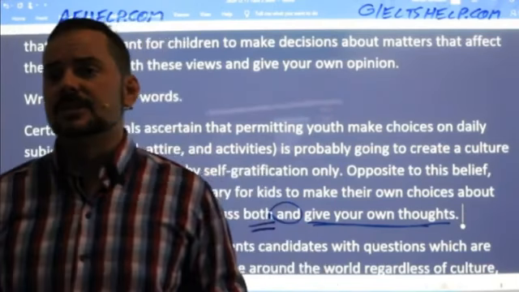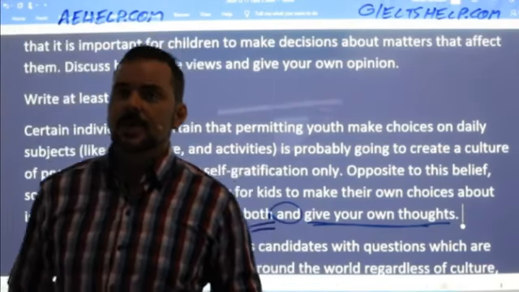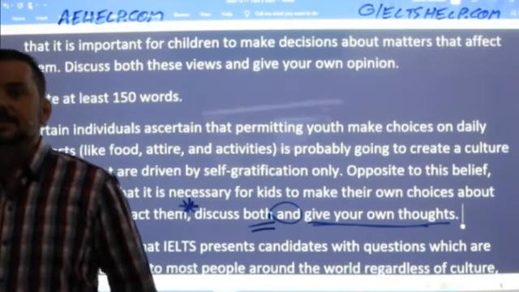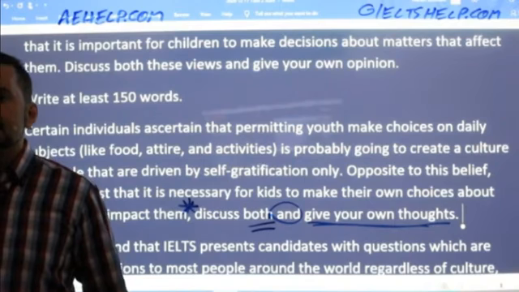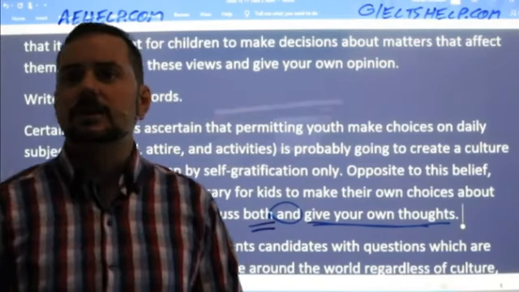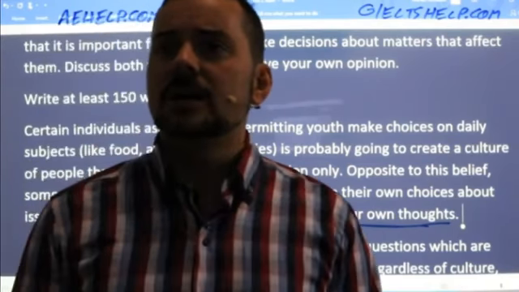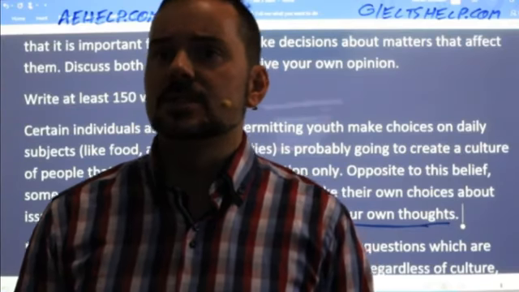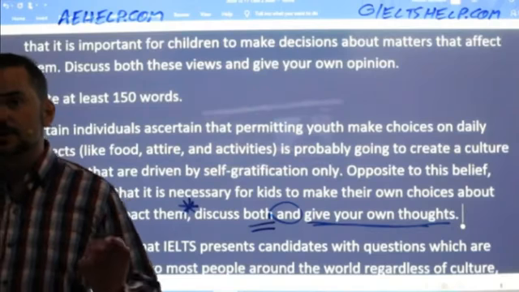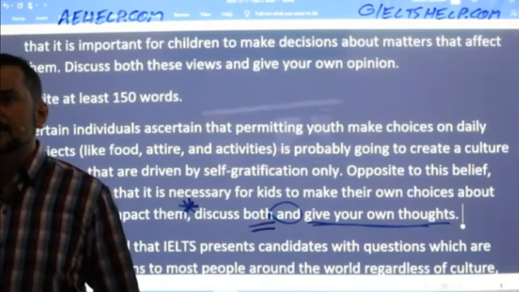I mean, you have to discuss both of them, okay? All right. Okay, I see some more paraphrasing coming up. Being able to paraphrase the question accurately is a very important skill. Lois continues, on the other side, some people believe that the young must make decisions on serious issues which affect them in their lives. Okay, always good attention to detail in that part.